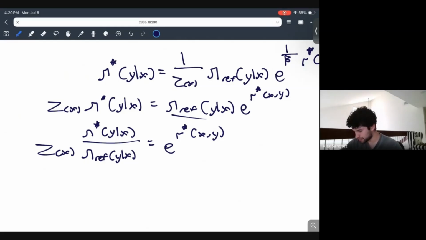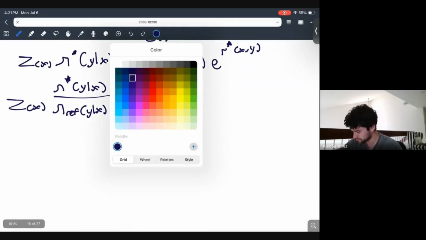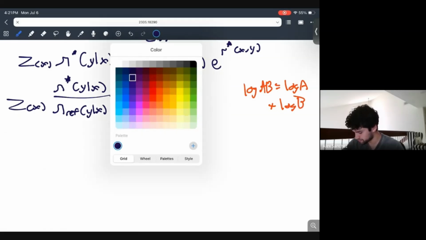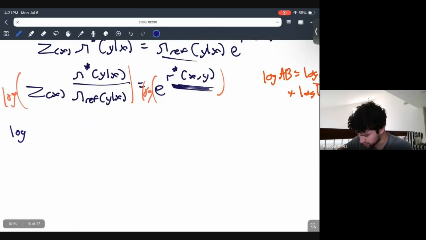And so what happens at this point, we want to obviously isolate this, right? And the way we do that is we take the logarithm of both sides, right? And we also know, the same way with the division, the logarithm of AB is equal to log A plus log B. We're going to do that right here. Basically, when we take the logarithm of this, or I should do it in a different color, log here and log here, this ends up giving us log of Z of x plus log of,